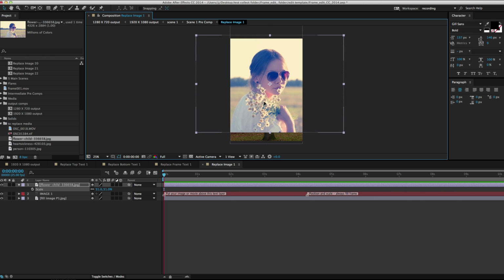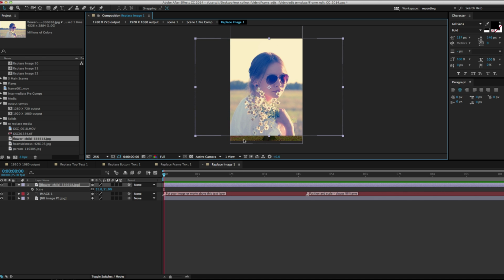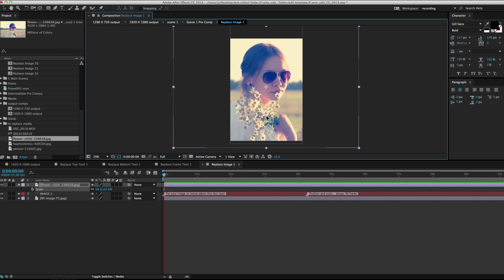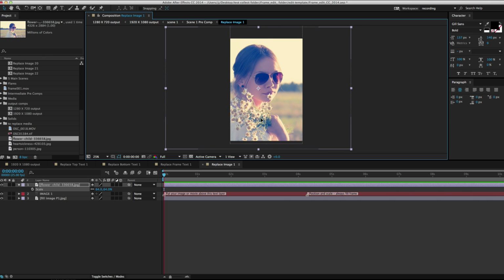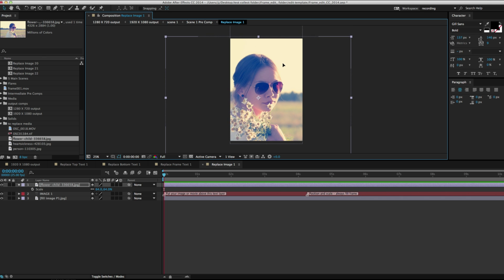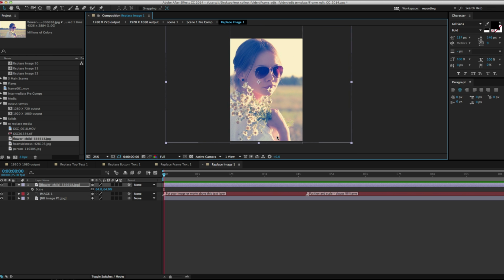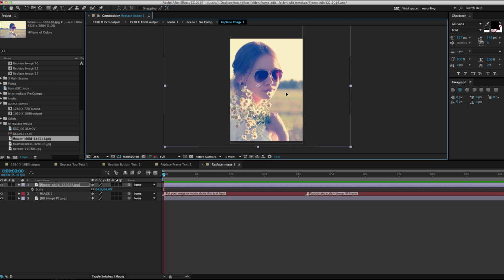Maybe move it up a little bit, and I need to make sure I haven't got any borders, so nothing's showing around the edges, so just enough to fill it, maybe slightly to the side, maybe down. Obviously you need to think about where you're going to be putting your text, so if you're going to be using text at the top, you might want to bring that down a little bit further so there's a bit of space for it, or you might want to place her near the top and have the text at the bottom. It's whatever you're after really, so I'll just put that slightly to the side